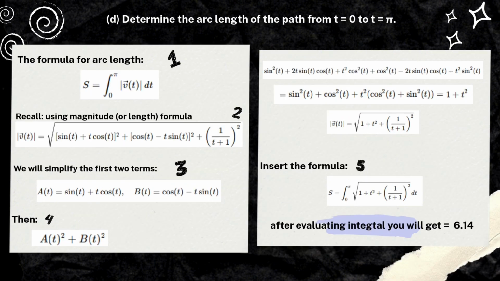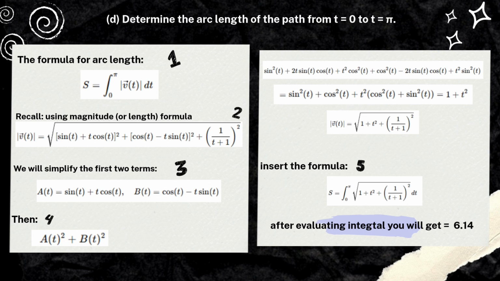Now let's move on to the next question. You will be asked to calculate the arc length of the particle path from t equal to 0 to t equal to pi. In simple terms, this means finding out how far the particle travels along its 3D path during that time. Since we are given a vector function, we use the arc length formula: s equals the integral from t equals 0 to t equals pi of the magnitude of the velocity vector v(t) dt. That means we need to find the magnitude of the velocity vector and then integrate it